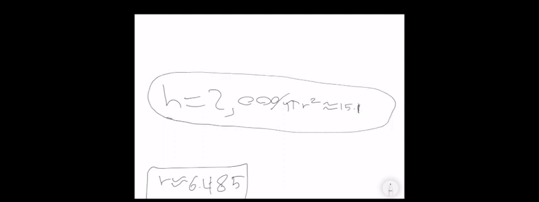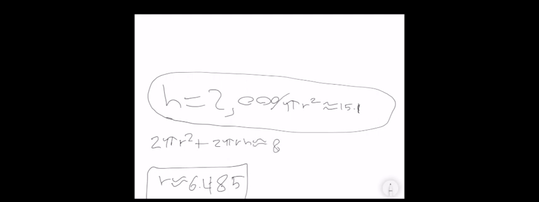So now coming back to the height function, which equals 2,000 over pi r to the second, and also that the radius has to approximately equal 6.485. And putting that into the height function, we have 15.1, so that's what the height should be. And now the area equation, which is 2 pi r to the second plus 2 pi r h,